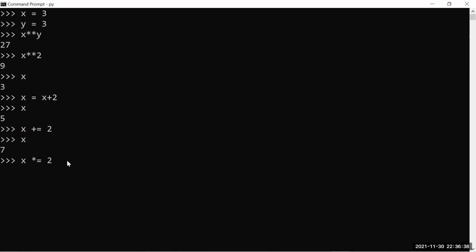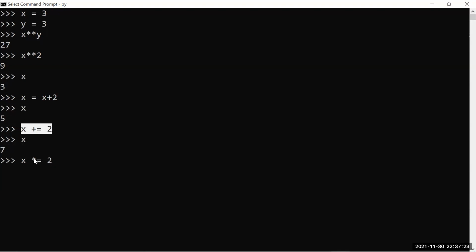Is that clear? No. Can you repeat the last 2 steps? Okay. So what just happened here, Ronald? What just happened in this x plus equal to 2? X plus, the arithmetic operation plus equals, it's together, right? I'm seeing it for the first time. That's why I'm confused. The short form of this particular line is nothing but this. Instead of writing x equal to x plus 2, we can also write x plus equals to 2. Then the value of x will be updated, saying x equal to 7.